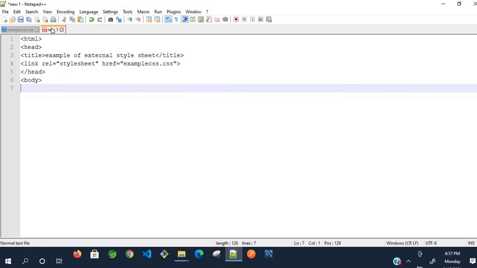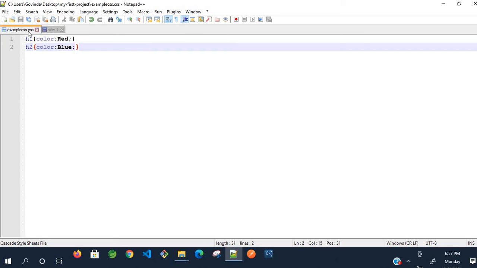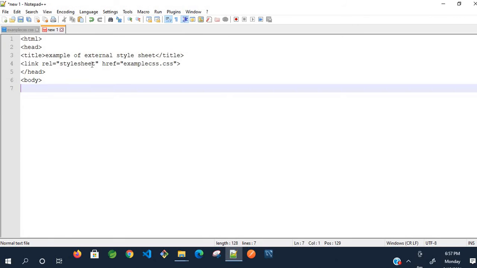Now go to the file. Here I have to use H1 and H2 elements because I have given the style to these tags. So inside H1 I'm going to write, this is in red. I have given the style as red, so it should display red. Close the H1 tag.